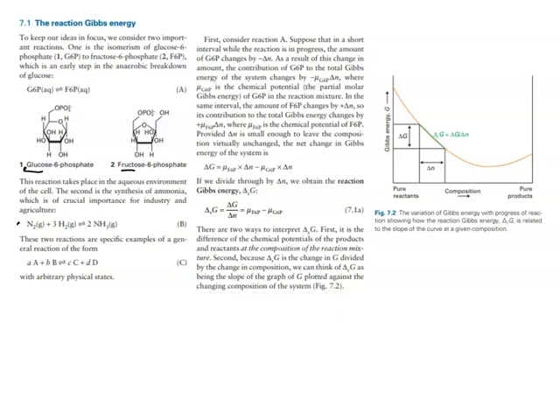In the same interval, the amount of fructose 6-phosphate changes by positive delta n moles. So its contribution to the Gibbs energy changes by a positive chemical potential times the number of moles, where the chemical potential of fructose 6-phosphate is indicated by this term. Provided delta n, or the change in moles, is small enough to leave the composition virtually unchanged, meaning it's a very small incremental change, the net change in Gibbs energy of the system is as follows,